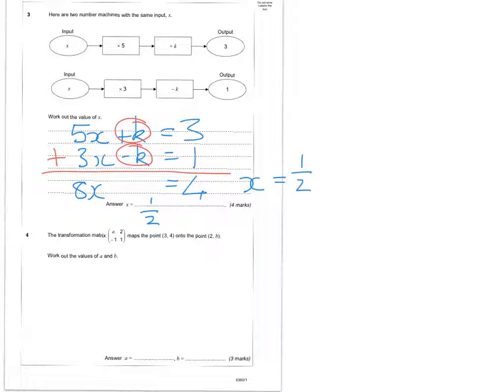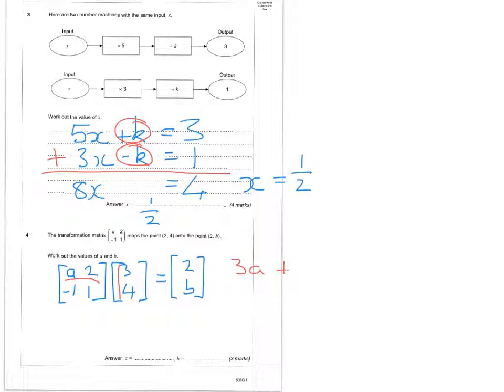The transformation matrix maps the point 3, 4 onto the point 2, b. So we have got the matrix a, negative 1, 2, 1 times 3, 4 is equal to 2, b. So multiplying along,